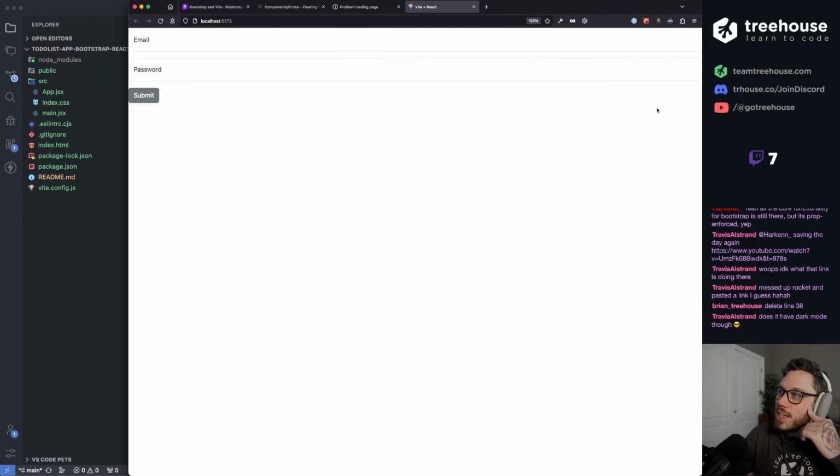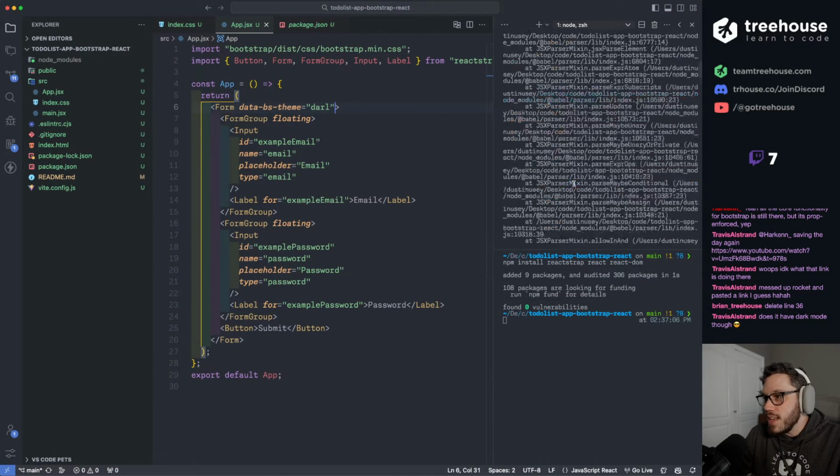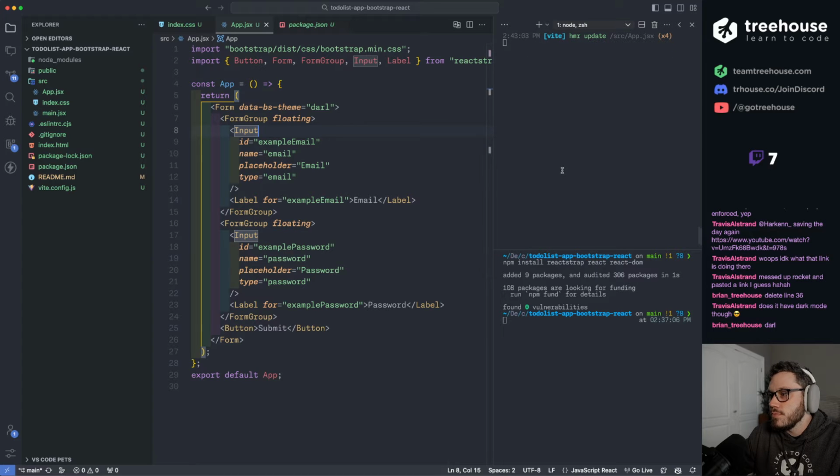I wonder if I actually have access to that dark mode feature that we used earlier. Oh, look at Travis asking the same thing. So that was a data attribute. I wonder if I can literally just do data-bs-theme equals dark directly on this. Nope, doesn't look like it. And it does not like that. Oh wait, yeah, it does. It's fine.